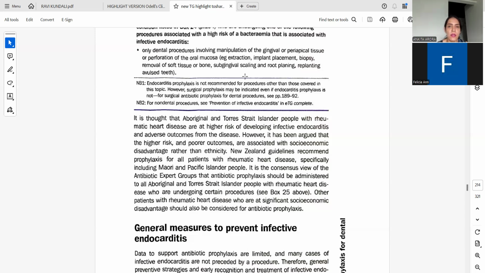It is the consensus view of expert groups that antibiotic prophylaxis should be administered to all Aboriginal and Torres Strait Islander people with rheumatic heart disease who are undergoing certain procedures. So if they are having implant placement, extraction, or gingival, periapical tissue or oral mucosa procedures, you would give antibiotic prophylaxis. It is the consensus view. Other patients with rheumatic heart disease who are at significant socioeconomic disadvantage should also be considered for antibiotic prophylaxis for such procedures. This completes our